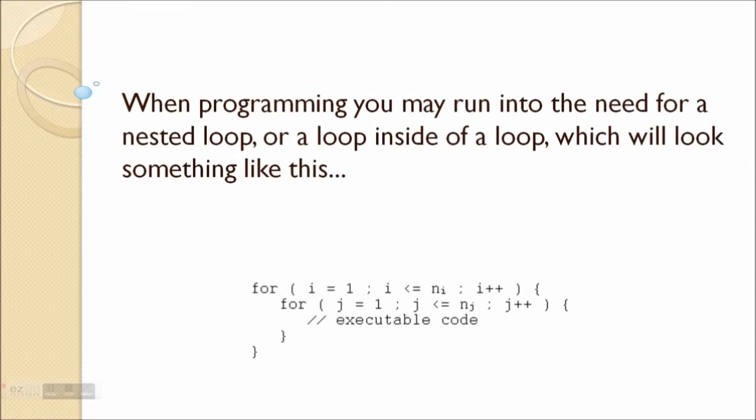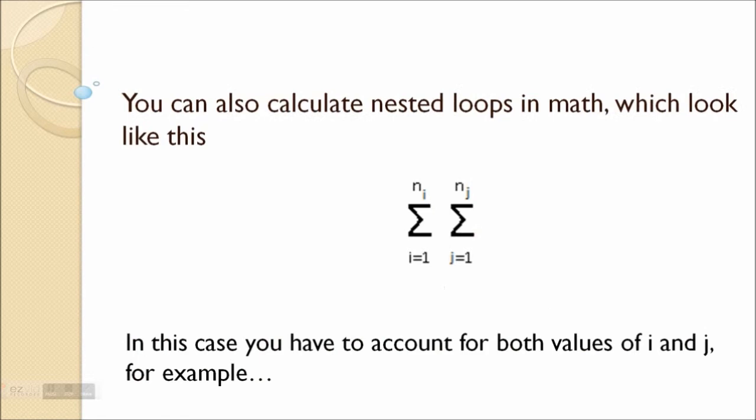When programming, you may run into the need for a nested loop, or a loop inside of a loop, which will look something like this. You can also calculate nested loops in math, which look like this. In this case, you have to account for both values of I and j. For example,